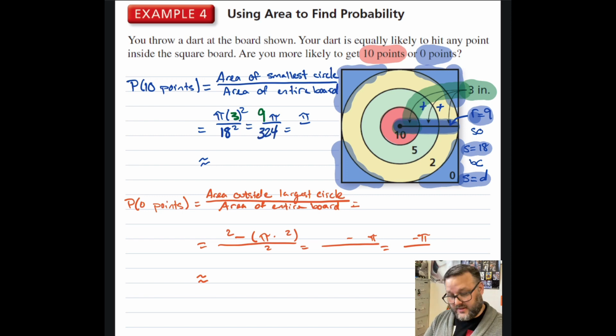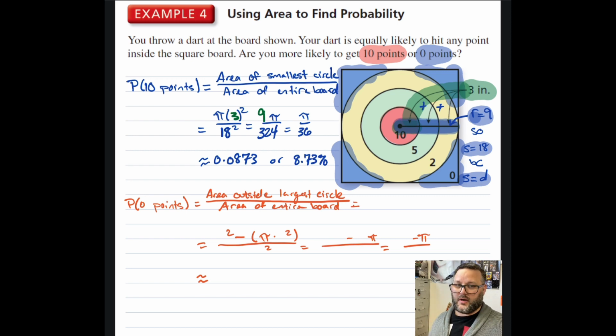So when we simplify that, that means it's pi over 36, and that is about 0.0873, or 8.73%. So the chance of hitting a bullseye is 8.73%. All right. Now that I have the probability that I'm going to be able to hit 10 points,